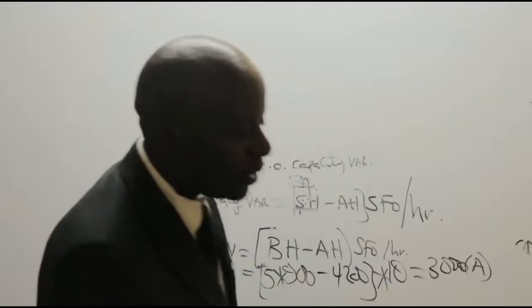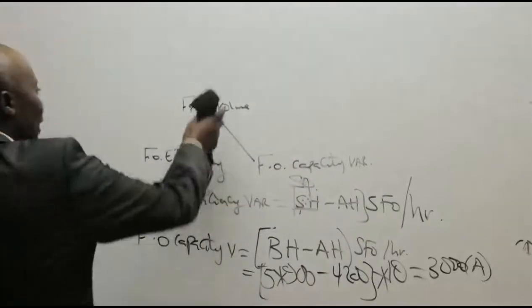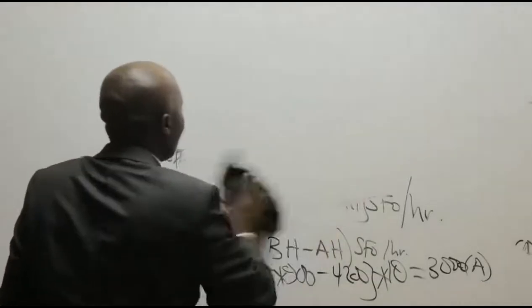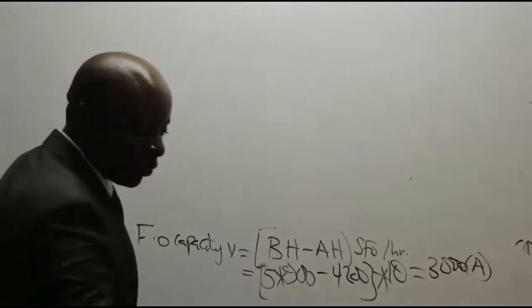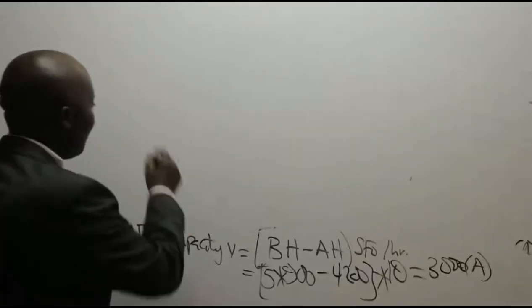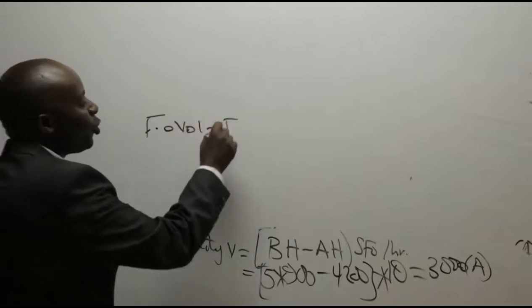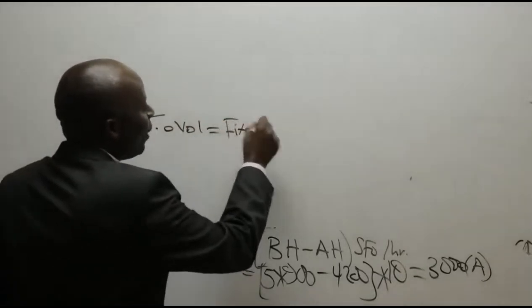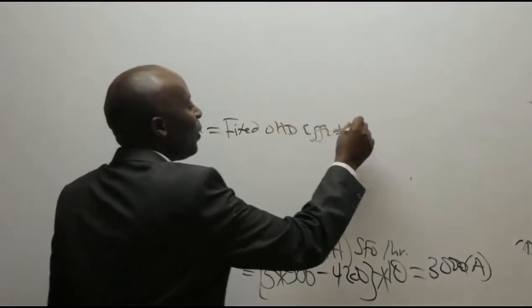And if I want to see whether I am correct, ladies and gentlemen, I told you that fixed overhead volume variance has got 2 twins. Fixed overhead volume variance has got 2 twins. We have the fixed overhead efficiency, and then we have the fixed overhead